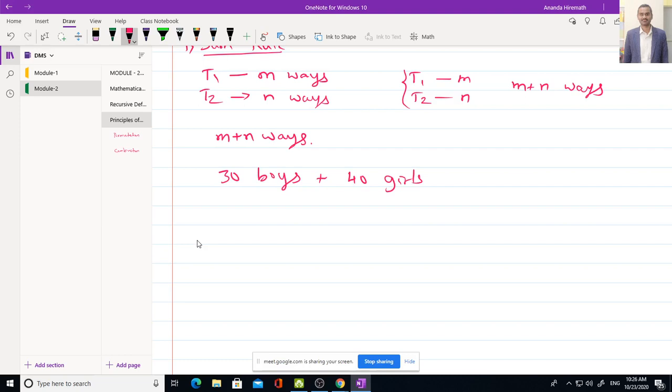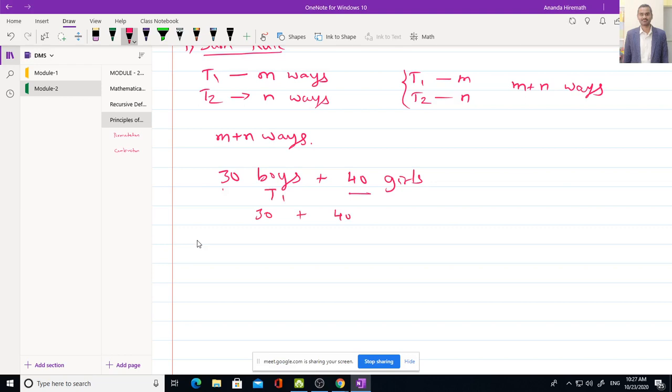Okay, now let us assume that we are considering only boys first. Now how many ways we can select a CR? Can someone tell me? There are 30 boys, so how many ways are there to select a class representative only among boys? So I can have only 30 combinations for boys. Now in how many ways a girl can be chosen as a class representative? There are 40 girls. I can choose one among 40. So there will be 40 ways. So there are 30 ways of choosing a boy, and there are 40 ways of choosing a girl.